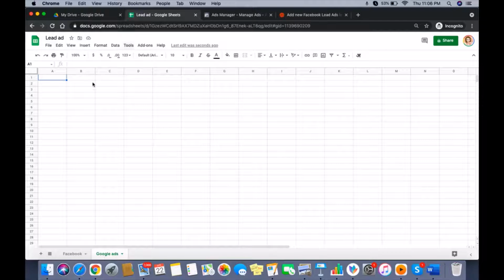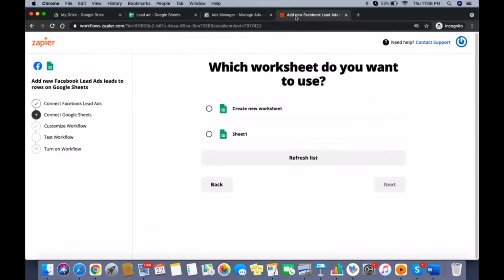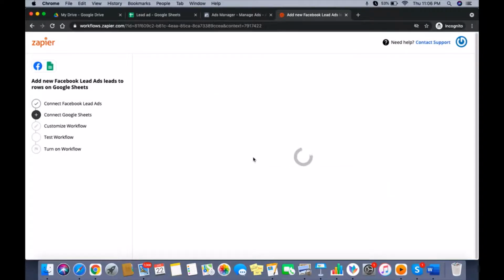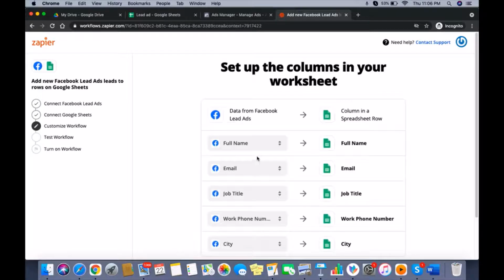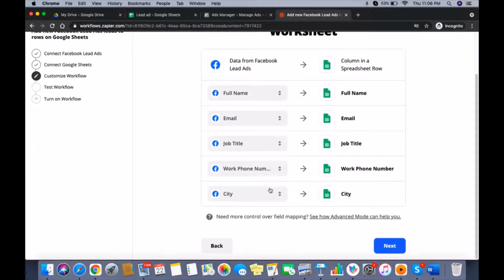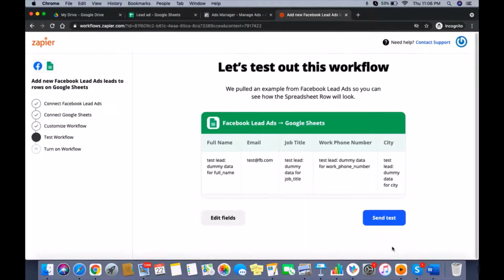If there is a lead form that has been put up in your ad, ensure that you put all your name and lead form details over here, or else it won't get mapped. Okay, and Sheet 1, I need to update Sheet 1. So this is the part which I told you earlier. It gets automatically mapped. So I'm just going to click next.